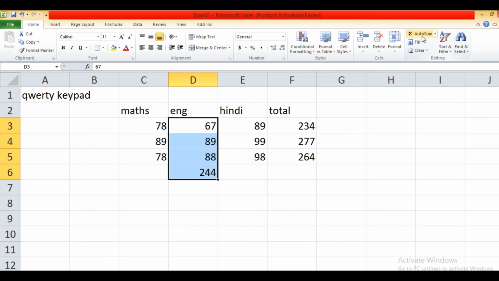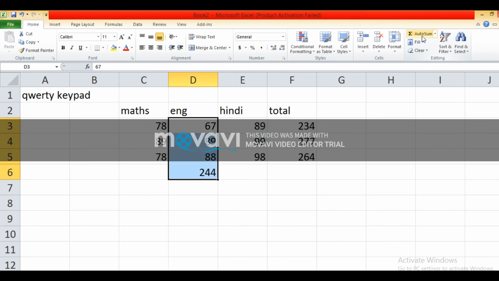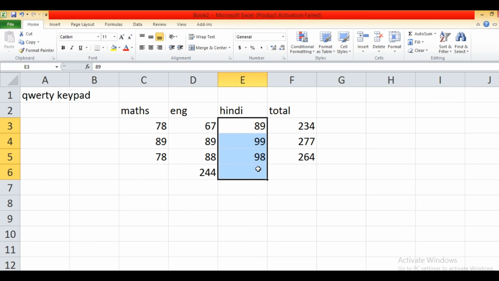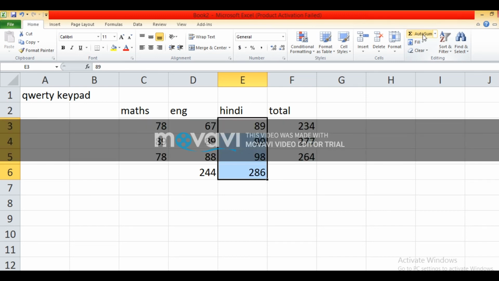You can change the reference range if needed by selecting the required range in the worksheet and pressing the enter key. In the same way, if you want to find the total marks for Hindi, select the range, click on the Home tab, click on AutoSum from the editing group, then you get the quick sum of data values stored in that column or row.